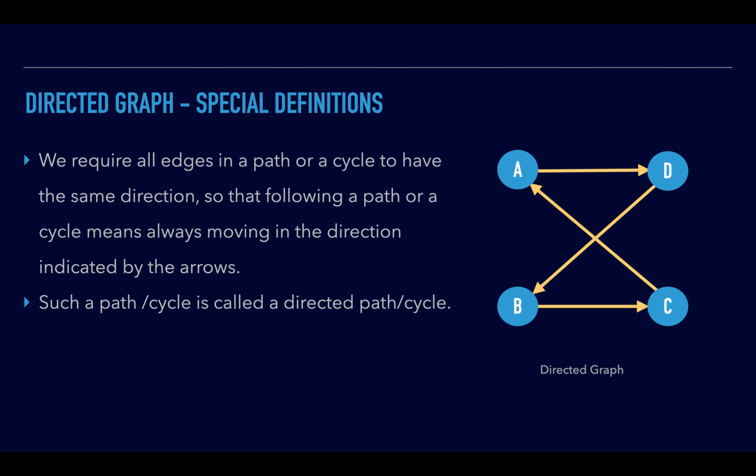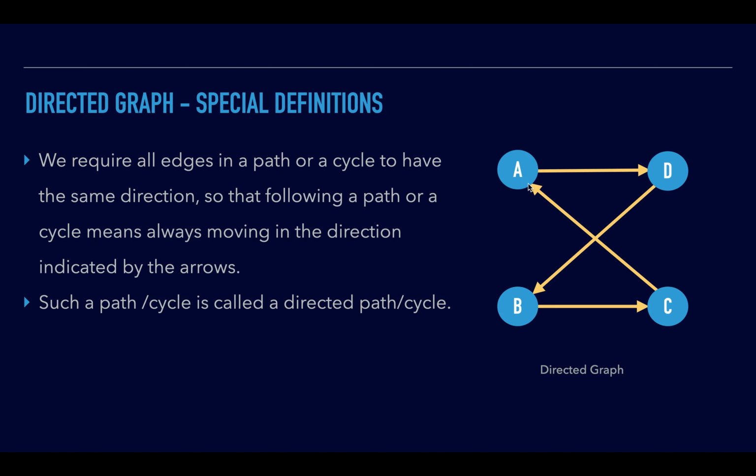The next one is the idea that the definitions actually depend on whether the graph is directed or undirected. Here we are discussing some special cases related to directed graphs. If we want to define a path or cycle in the case of a directed graph, then I need to look at the direction of these edges. Suppose I want to define a path in this particular graph, and I am tracing the path from A to B, for example, then I should go from A to D first, then D to B.